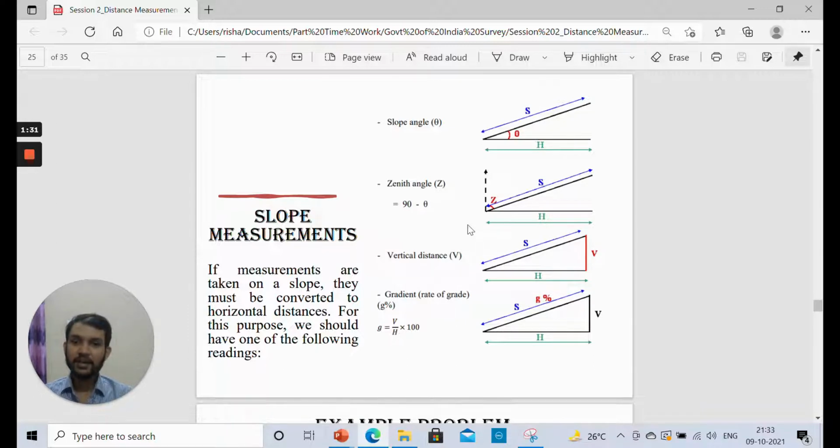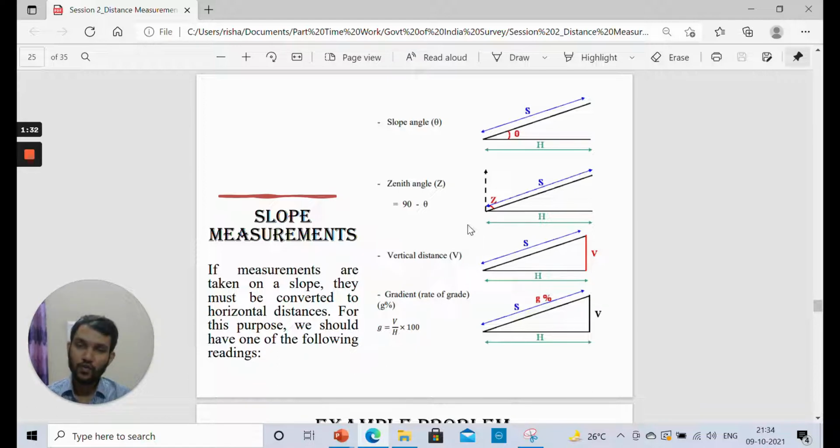The next thing that comes here is slope measurements. So now we will try to understand slope measurements. This is also important. This is the last part, and then we will go through a few numerical problems to understand this concept. In distance measurement, not only in taping, mostly we are concerned with measuring the horizontal distance between 2 points, because we are trying to locate where these two station points are located, at what difference. At times it is easier for us to calculate the slope distance if it is sloping ground and we can't measure the horizontal distance directly.